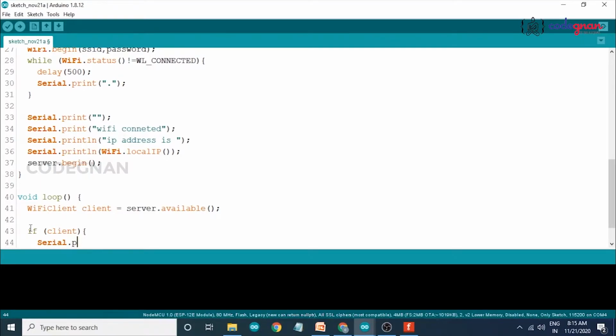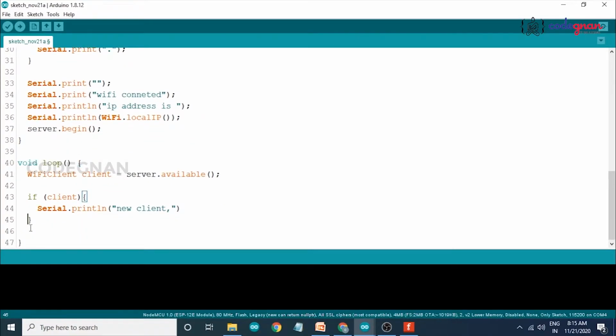Serial dot println "new client", so that we can get the message "I am connecting to new client". And now String currentLine. Based on the time we can get the position of our button, so that current time equals to